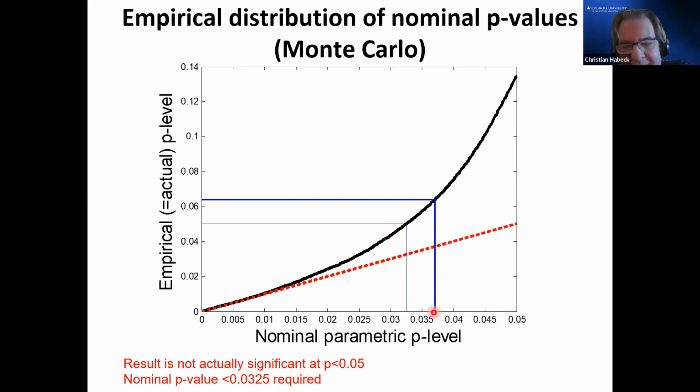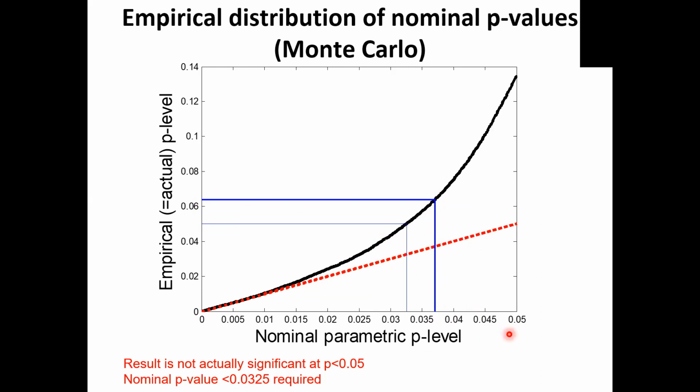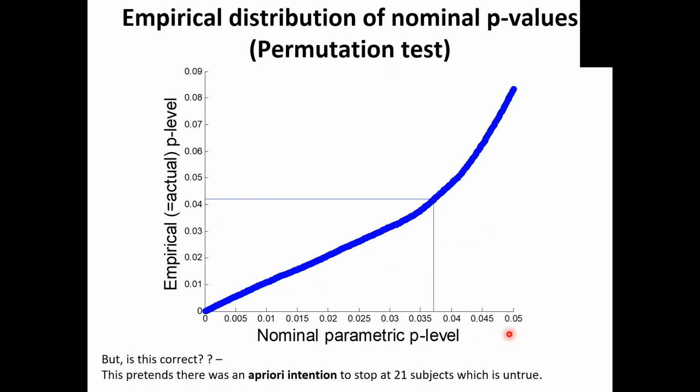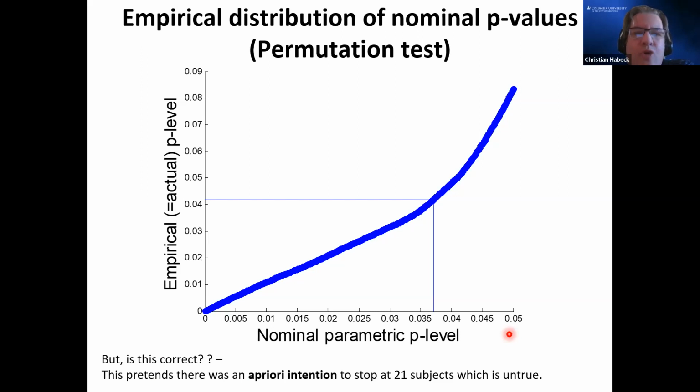If I think that my p-value has a particular nominal value, the real empirical value is higher, because even if you have null data, if you start peeking, then some part of the time you get a significant result, right? So it's surprising the inflation isn't quite as bad as I thought, but it's definitely not significant anymore if you apply the 0.05 value. But also, is that the right thing to do? It's hard to really incorporate peeking and stopping into a formal calculus.